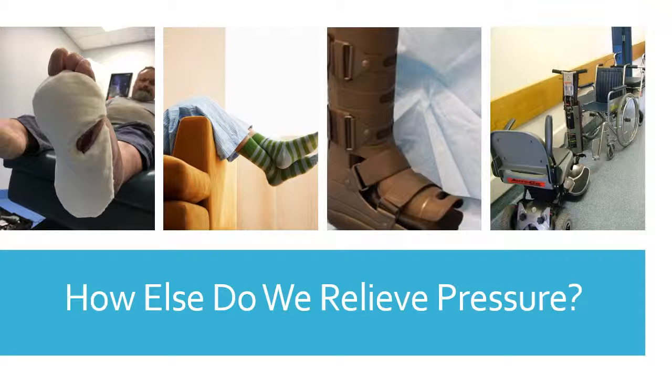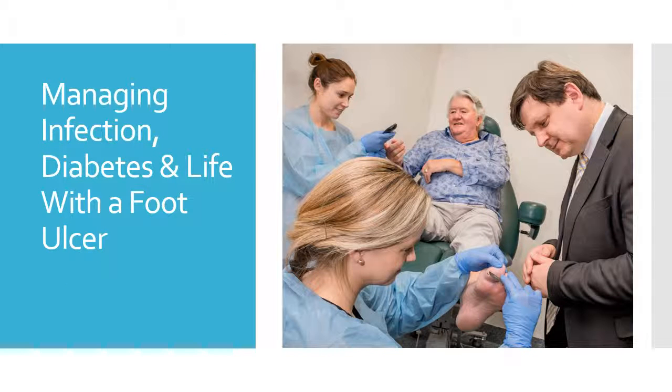Well, sharp debridement is coupled with offloading modalities such as total contact casting, removable knee casts, healing shoes, and chairside devices such as temporary orthoses with significant felt deflection, which are also used depending on the ulcer, site, mobility, and cognitive state. Patients with diabetes and foot ulcers need a team-based approach as they are complex and their disease is equally